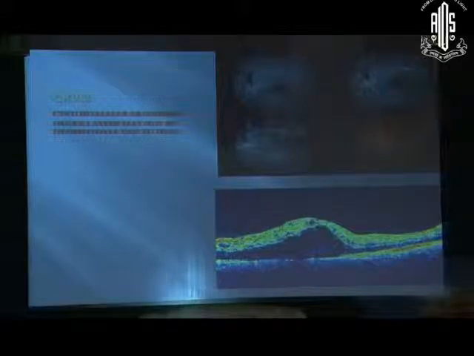In central retinal vein occlusion, cystoid macular edema is most commonly seen, and because of hemorrhages, sometimes there can be shadowing. This is a patient with CME because of central retinal vein occlusion, and this is a response to treatment, and OCT again is the best way to follow up these patients.